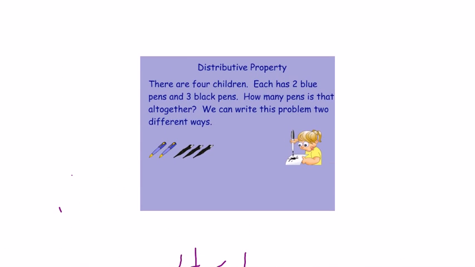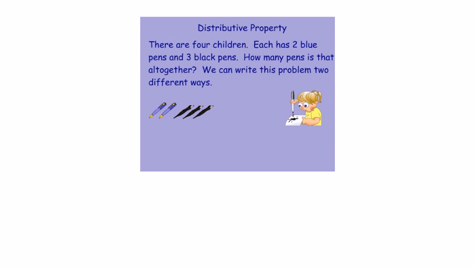Okay, let's start by taking a look at this simple problem. There are 4 children. Each child has 2 blue pens and 3 black pens. How many pens is that altogether? Well, we can write this problem in 2 different ways. One way would be to express the number of blue pens in total,